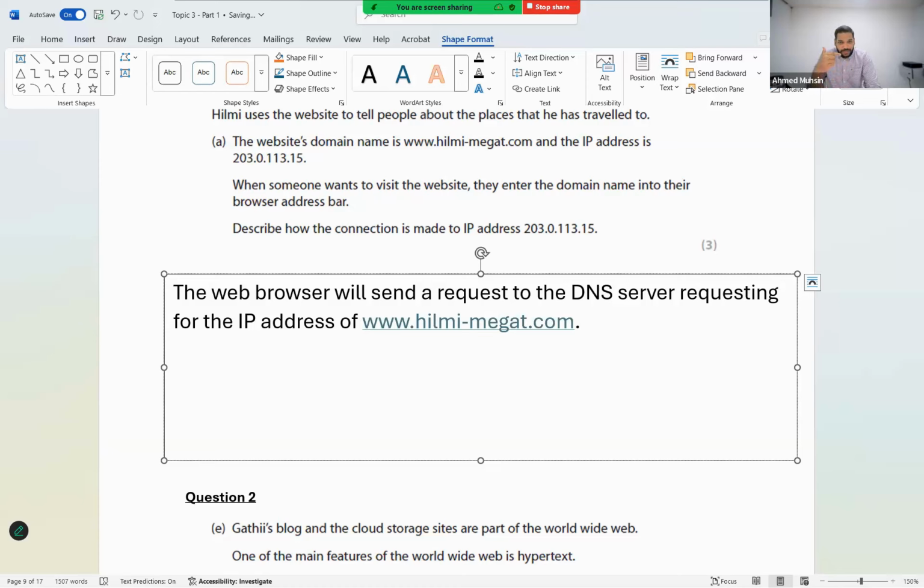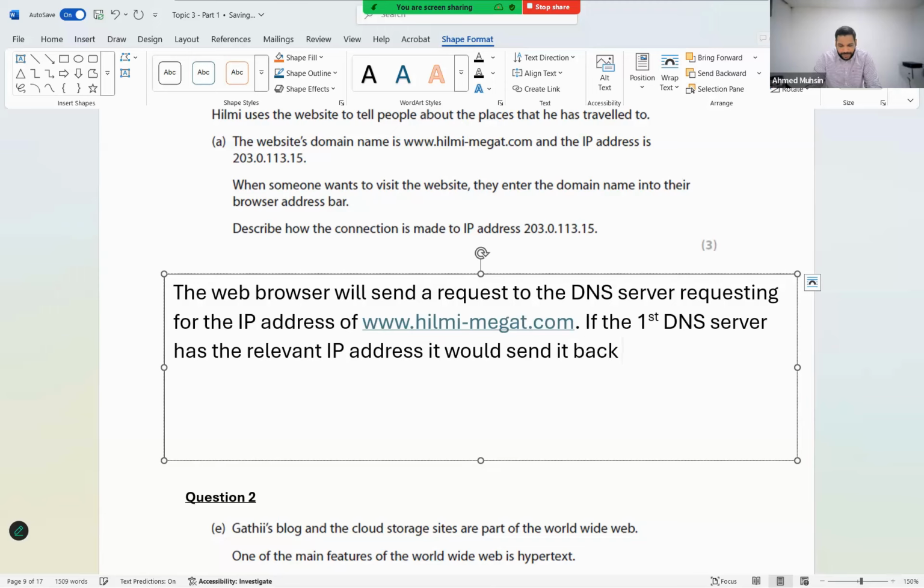If the first DNS server has the IP address, what will it do? It will send it back to the web browser. If the first DNS server has the relevant IP address, it would send it back to the web browser,